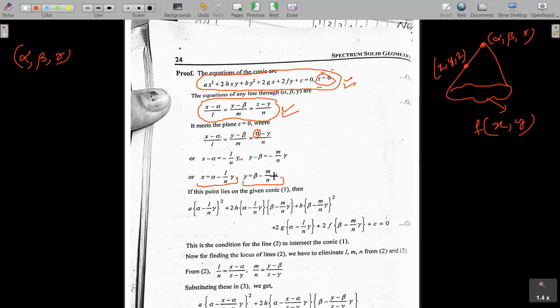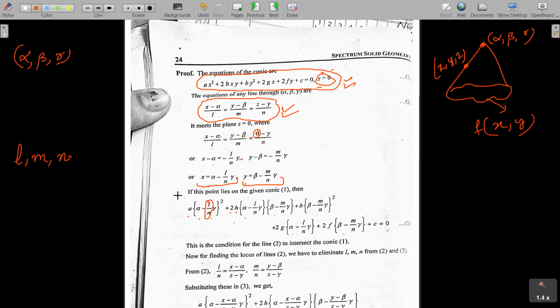So obviously this generator intersects the given conic. So ये जो point x और y के हैं, ये इसकी equation को satisfy करेंगे. So हमने a x square plus 2h x y plus b y square plus 2gx plus 2fy plus c is equal to 0. So हमने क्या किया? Points के coordinates equation में put कर दिए. So now if you see, everything is fine. हमें equation मिल गई है. We have just found the equation, but the problem here is this L and M are coming. L, M, N. जो direction ratios थे वो हमने खुद से लिखे थे. They were not given to me. So I don't need these.